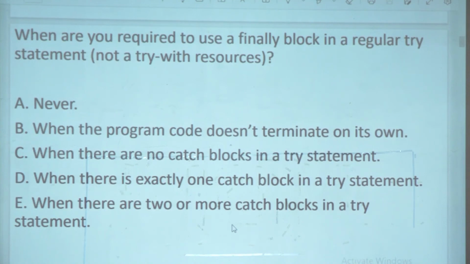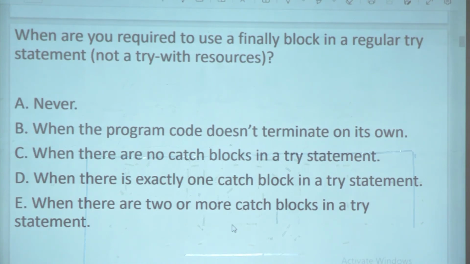So try-finally will work, try-catch will work, try-catch-finally is the recommended one. If you have a try block and there are no catch blocks, you will need a finally block. When there is exactly one catch block in a try statement, you don't need finally. When there are two or more catch blocks, you don't need finally.